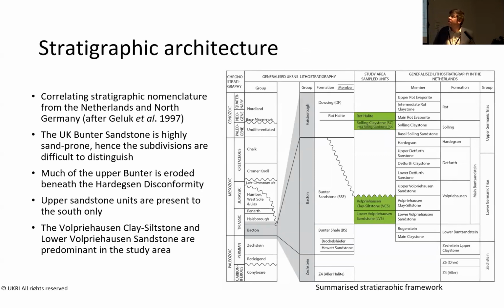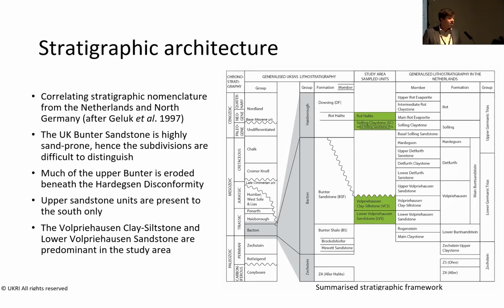So first of all, we've undertaken a study to look at the stratigraphic architecture of the Butler sandstone. So in formal stratigraphic nomenclature, the Butler sandstone is just that, it's the Butler sandstone unit. However, if we look to the literature in the Netherlands and in North Germany, there is an established stratigraphic nomenclature. So what we wanted to do was to see whether we could correlate this across to the UK. And in short, it's possible, but it is a bit more challenging because the UK extent of the